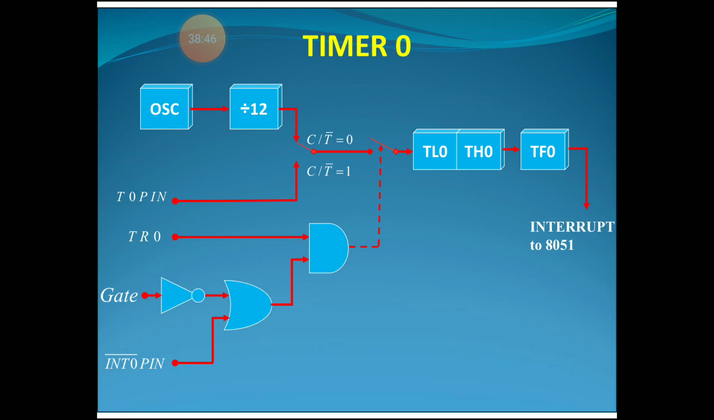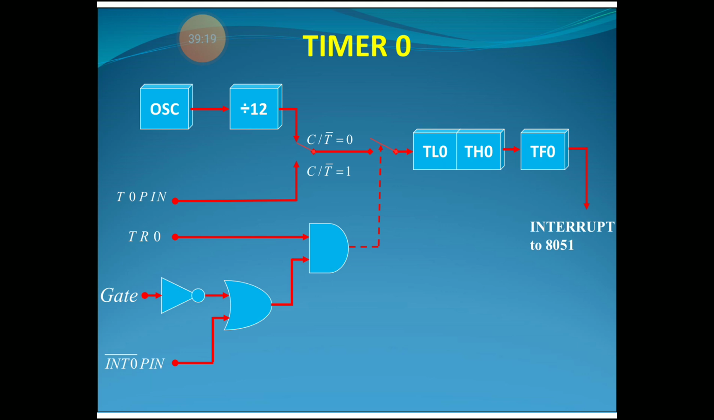This is the generalized diagram for timer 0 operation. From this diagram, whether the timer is used for timing operation or counting operation depends upon the bit C/T bar from the TMOD register. If C/T bar equals 0, it acts as a timer operation and receives the clock pulses from the internal oscillator of the controller. If C/T bar equals 1, it indicates that the timer is used for counting operation, and it receives